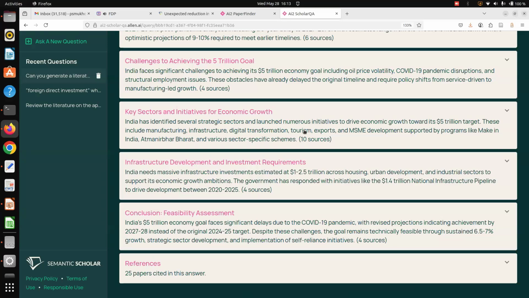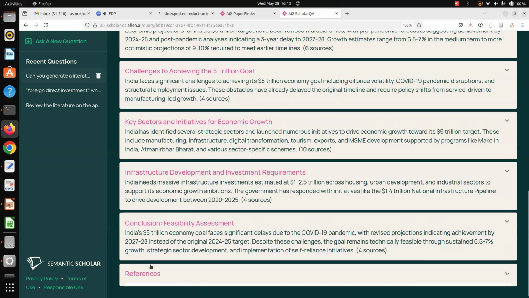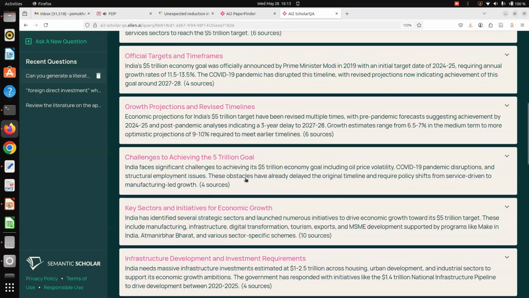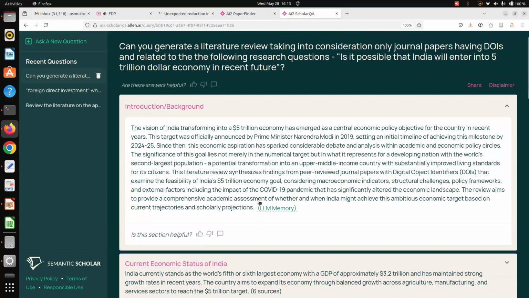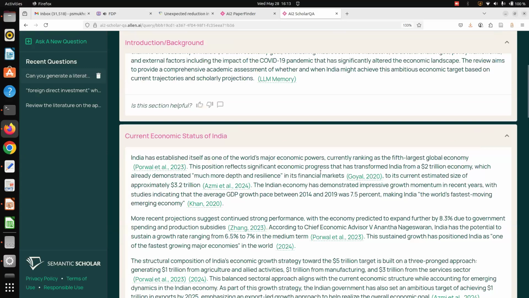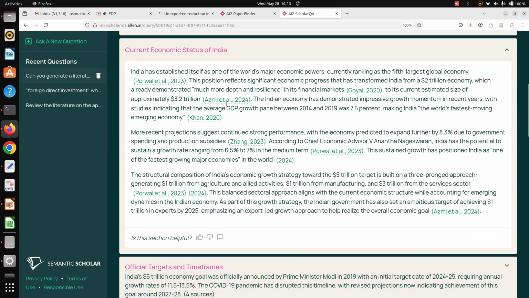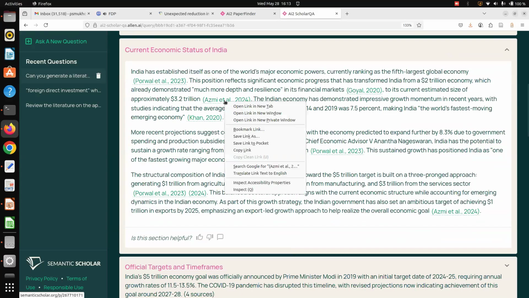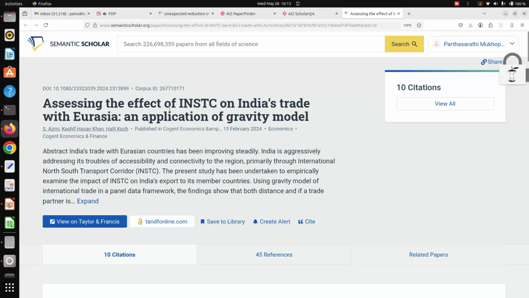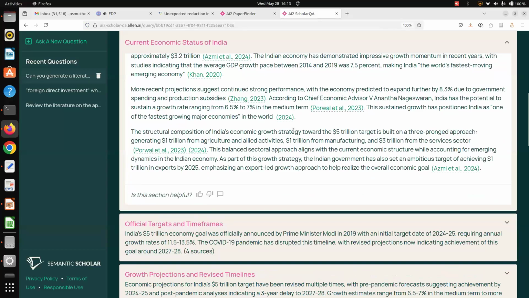You are now getting an idea that there are 25 relevant references identified for this particular paper, and these are the 8 sections. What is the tone of writing of this particular section? Then in another section you can see the references. Any of these references you can click and check whether it exists or not, and you see the paper is coming from the Semantic Scholar backend. So the existence of the paper you can check.